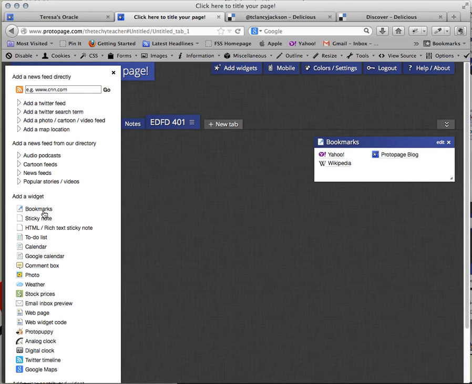I primarily use it for the bookmark widget though, but you can pull over a sticky note or a calendar. There's all these different features. And so